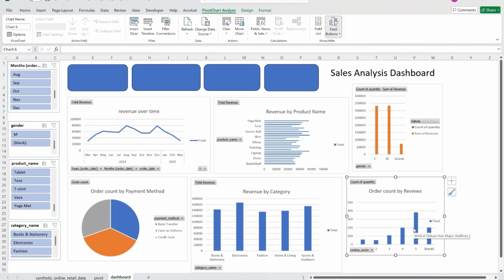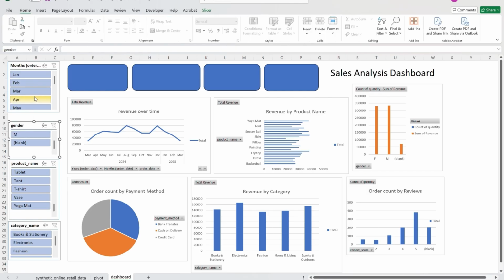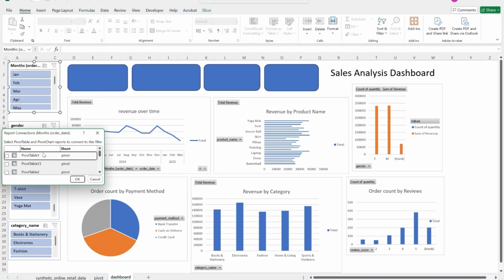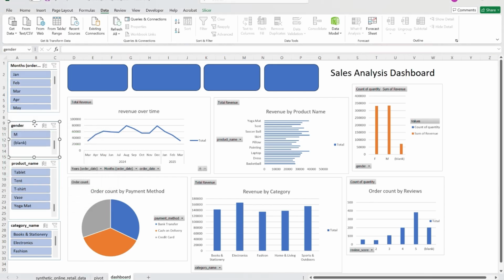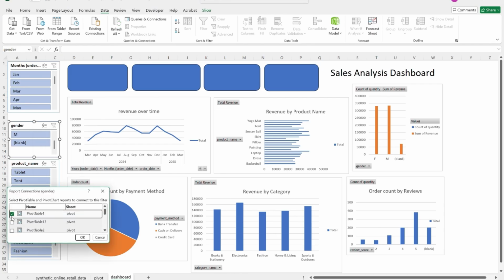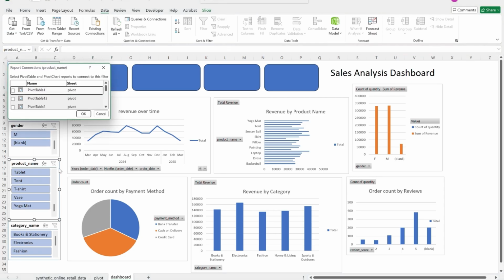As you can see, now it looks like a dashboard, and here I have added the slicers. So you can simply filter based on whatever you want to filter. But first of all, make sure that your slicers are connected. If you just click on the slicer and right click on it, you can see the report connections. Here you can see there are so many tables, and select all the tables here, whatever pivot tables you have created beforehand, so it should be connected to all. Similarly do for all the remaining slicers as well. So go to report connections and select all here, so that it will be connected, and based on that your chart will change.